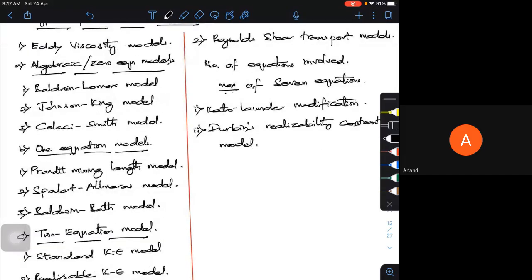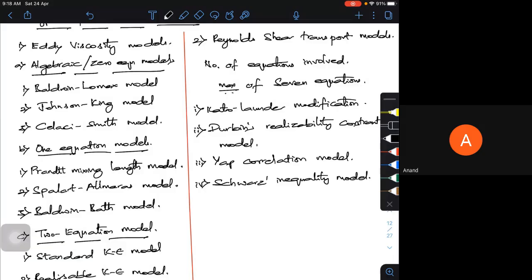Then we have the app correlation model, one more model which is called the app correlation model. Then we have Sherwood's. Okay, this was proposed by this guy. Sherwood's inequality model. You people might not have read about these models, but these models are there under the Reynolds shear stress models, though very rarely used.